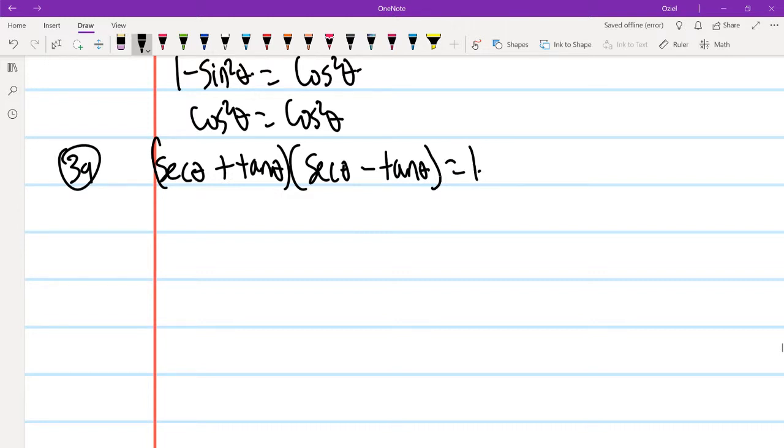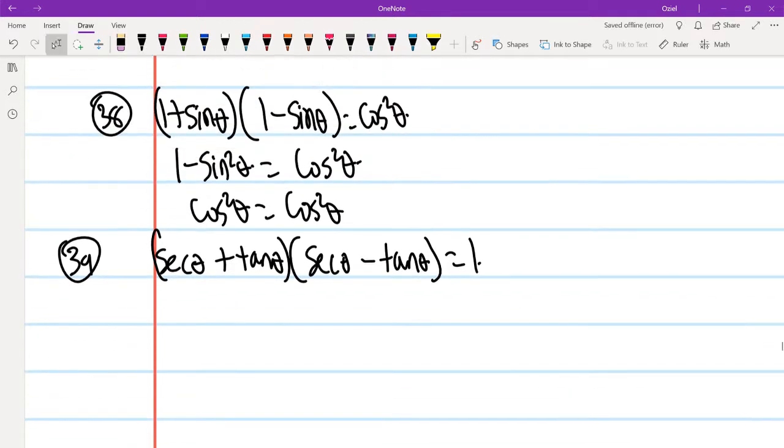So you can do it two ways. You can either simplify it in terms of sine and cosine, or you can also do the same thing that I did up here,